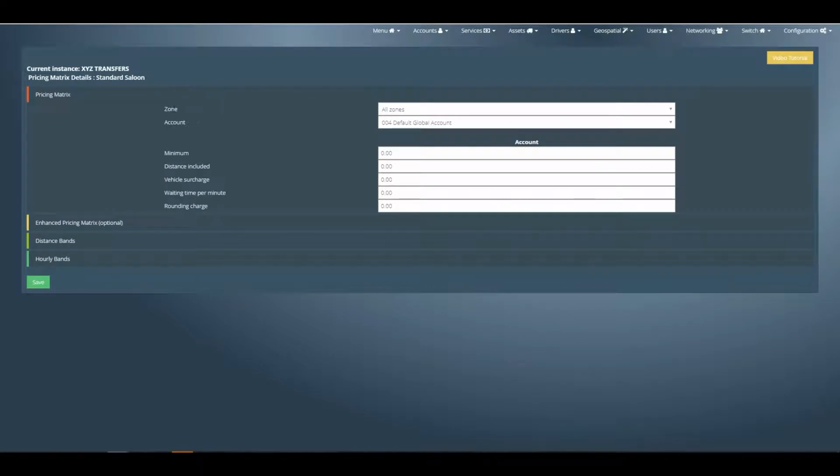This will bring you to the pricing setup page. The first drop-down box here allows you to add a price where the collection address is in a particular zone, a zone that you may have drawn in the previous session. Alternatively, you can leave it set to all zones, so the price is the same regardless of where the collection